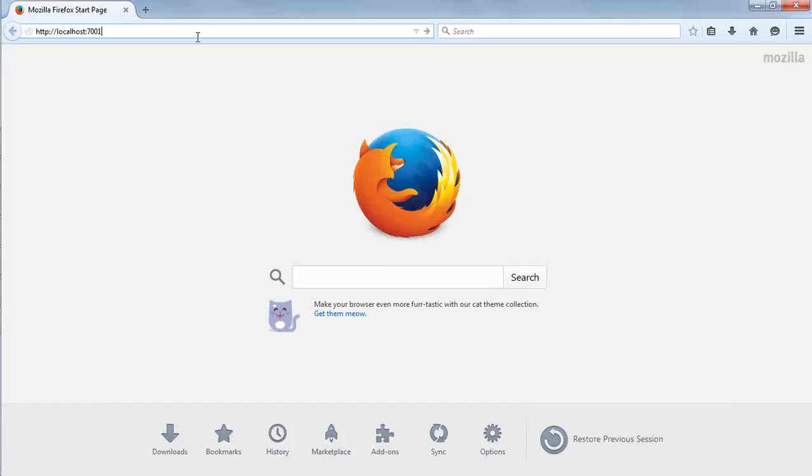OBIEE by default gets installed on port 7001, and the context URL you give to access the application is analytics. So localhost colon 7001 slash analytics,